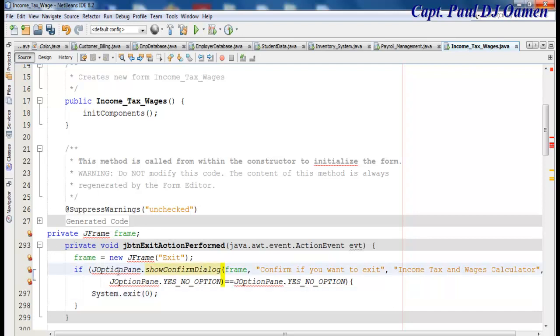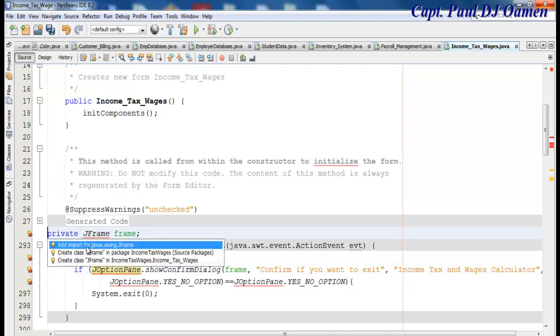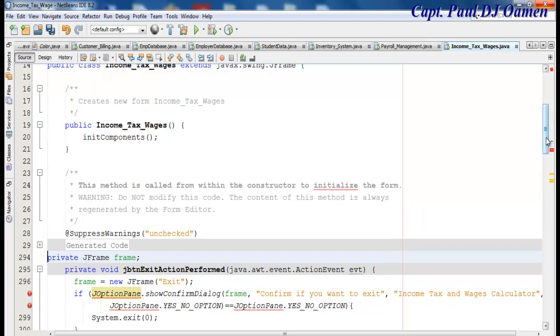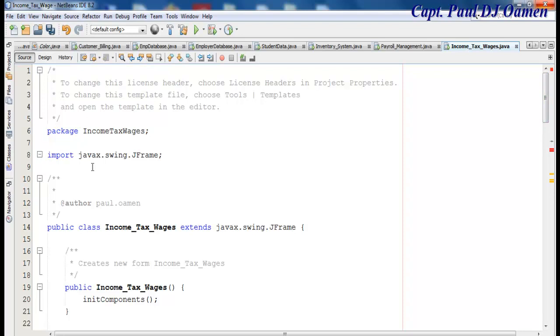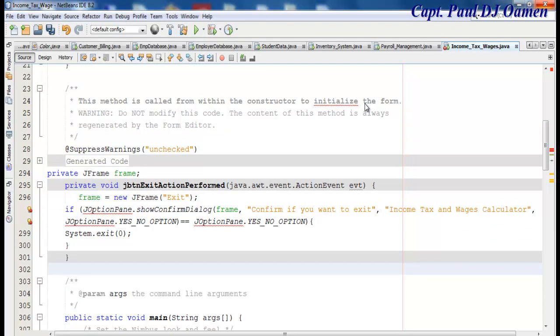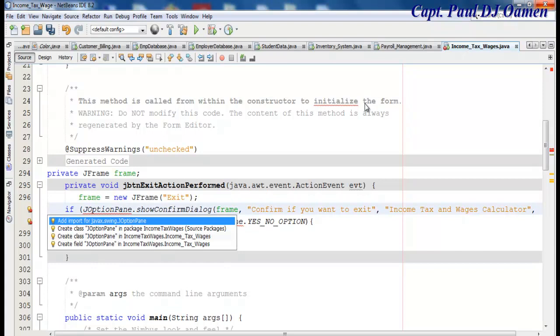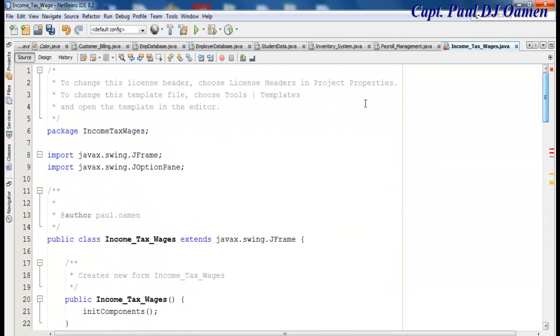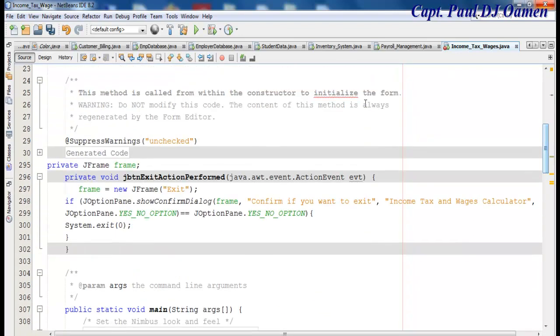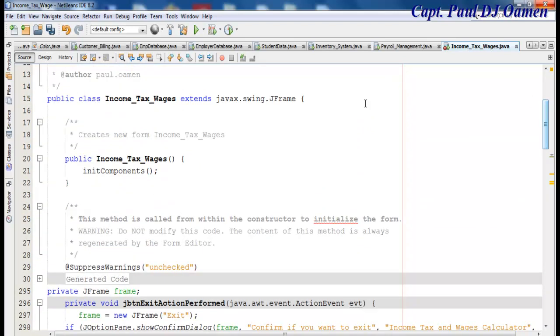Alright, now we have this error, so we need to import as follows. Let's click on that and import the swing. Okay, once that is imported up there, that should take care of that. Then we need to also import right here. Let's click on it so that we can import. It should be there somewhere. Yeah, there we go. So that error should be gone. Okay, that's good. So I'm going to just save it